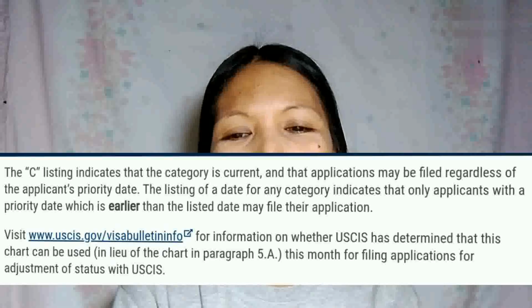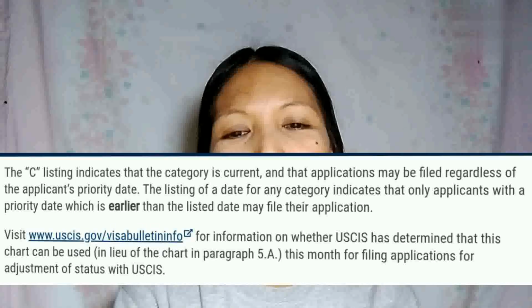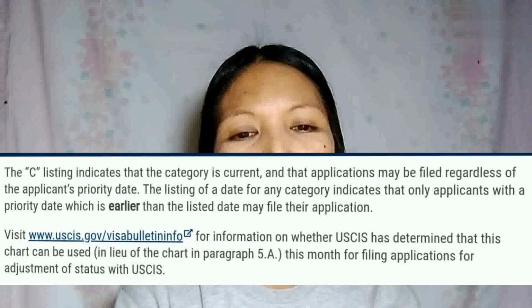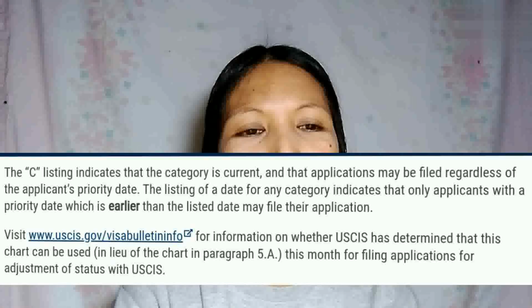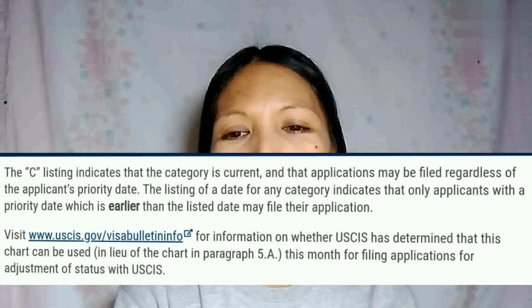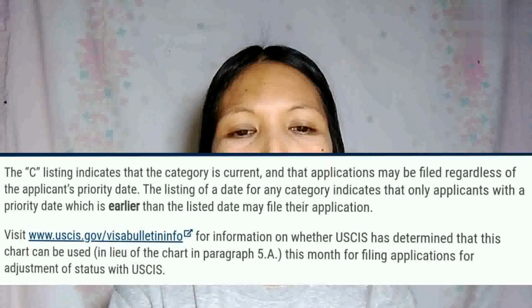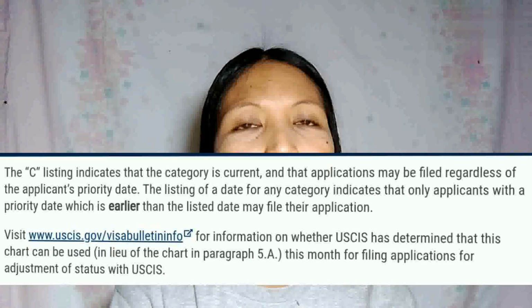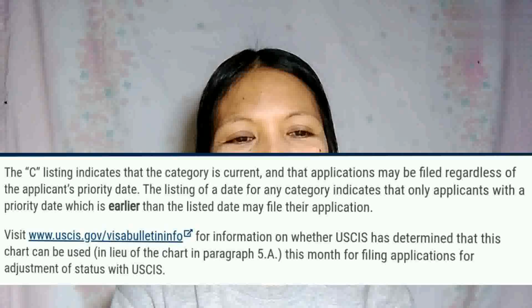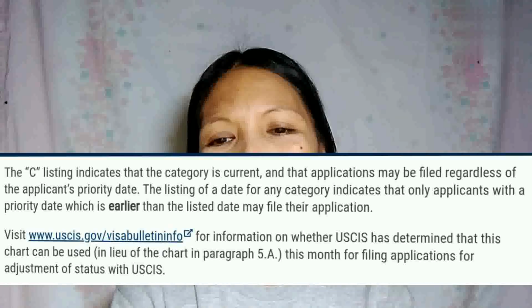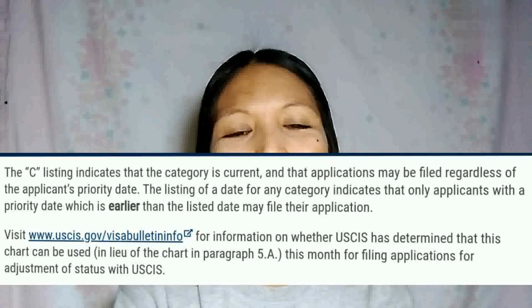Visit www.uscis.gov/visabulletininfo for information on whether USCIS has determined that this chart can be used in lieu of the chart in paragraph 5.a. this month for filing applications for adjustment of status with USCIS.